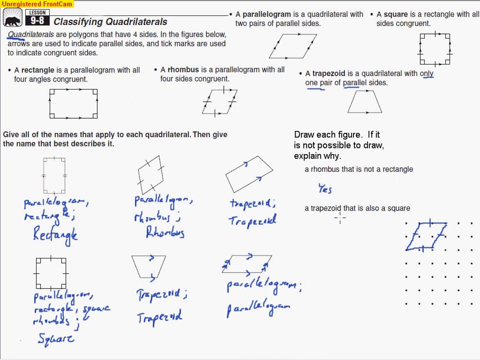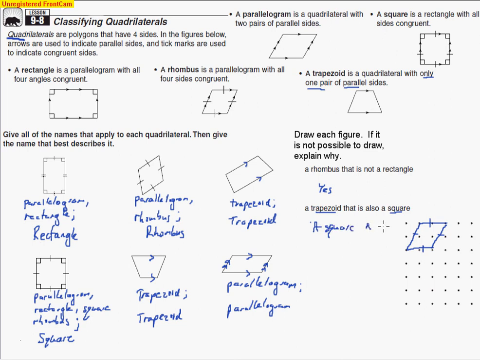Now we have a trapezoid that is also a square. Well, a trapezoid that's also a square would end up looking like this. Let's see if we can do it first of all. So a trapezoid only has one set of parallel sides. Well, a square has two sets of parallel sides because a square is also a rectangle. And so, since a square is a parallelogram, a square